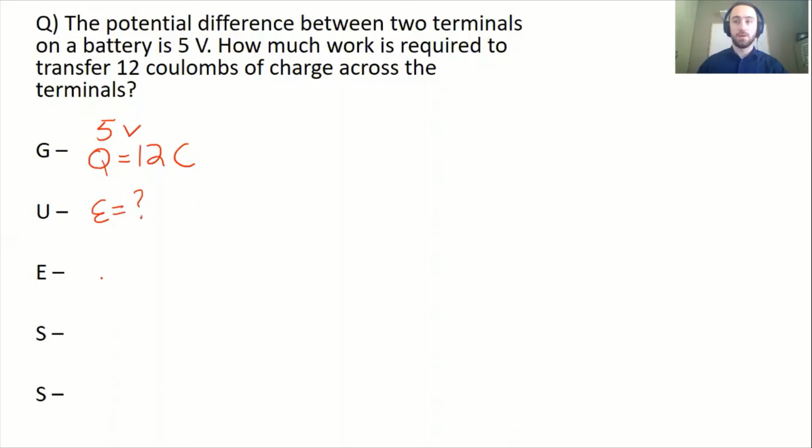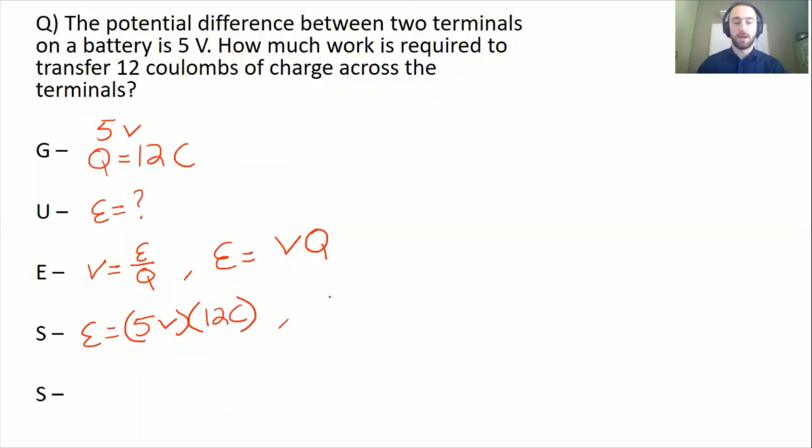The equation that we're going to use does not change. We have volts is equal to energy divided by our total charge. Rearranging for energy, we have energy is equal to volts multiplied by our total charge. And now we'll go ahead and solve. So we have 5 volts multiplied by our 12 coulombs, giving us a final answer